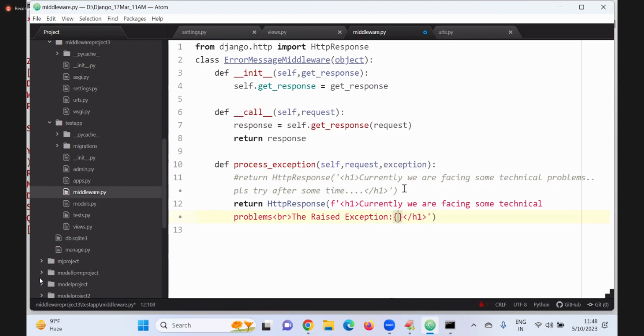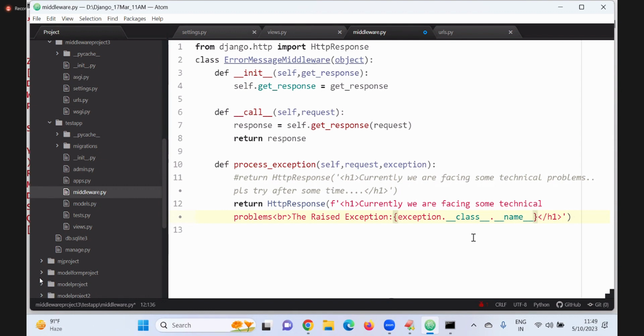Sir, how to replace that one? Curly braces. That value, what is it? An exception. But I require the class name. What is the class name? ZeroDivisionError is the class name. How am I getting it? Dot underscore underscore class underscore underscore, after that, dot underscore underscore name underscore underscore. Have you heard this anywhere? The underscore name variable. Not the file name. Sometimes it contains main; sometimes it contains which module we are running, that module name. The file name is underscore file. File is different, name is different.